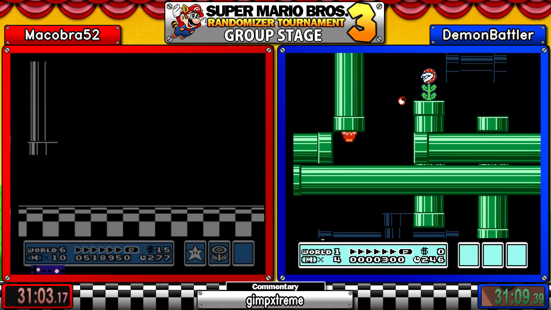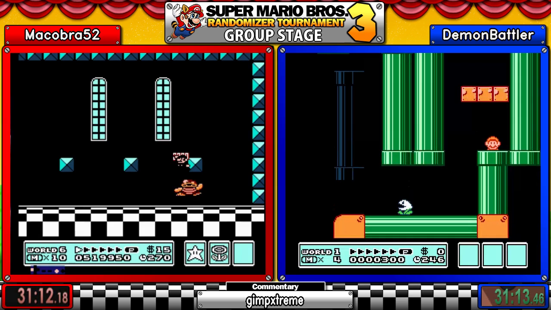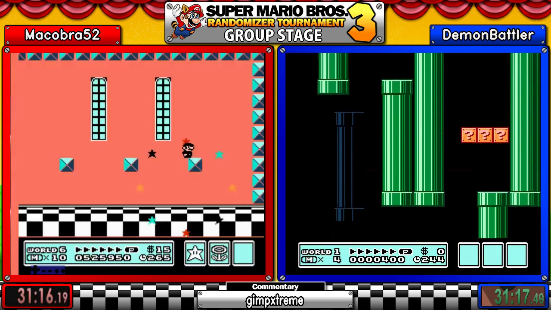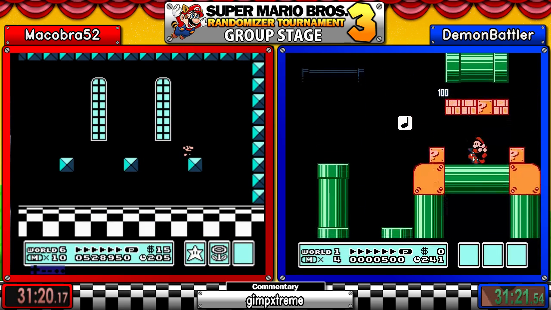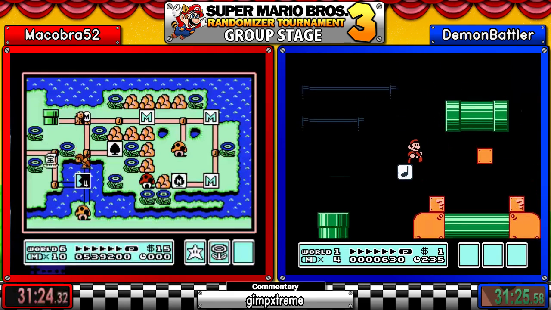Yeah, Paradox, I agree with you there. This is a nightmare scenario for the new runners, especially with that Nibbler there giving him that much trouble. I mean, it's something you don't want to see anybody go through, even our more experienced players. Macobra is one of our more experienced players, and he even struggled with it for a while, so...